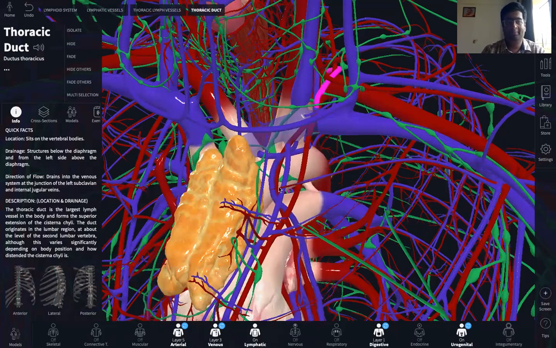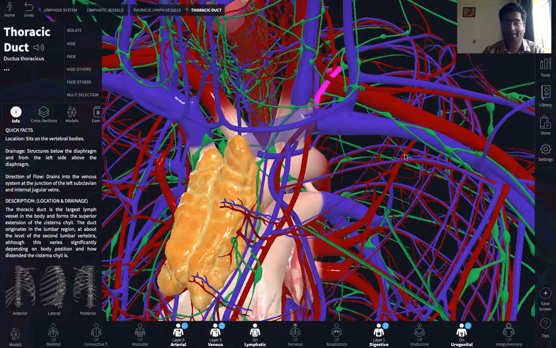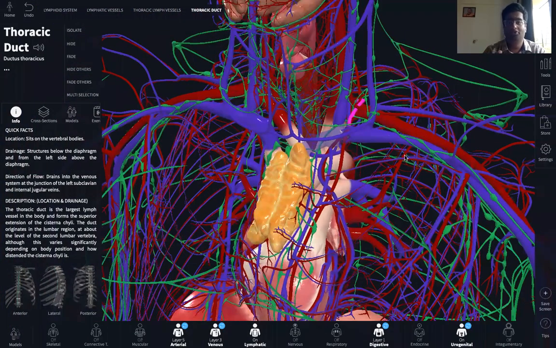So ultimately, the purpose of the right and the left lymphatic ducts is to pour the lymph and mix it back with the blood so that the normal volume of blood is restored. An additional advantage of the lymphatic system is that it can distribute oxygen and nutrients to those parts of the body where the blood vessels may not be able to reach. So this is in brief about the lymphatic system.